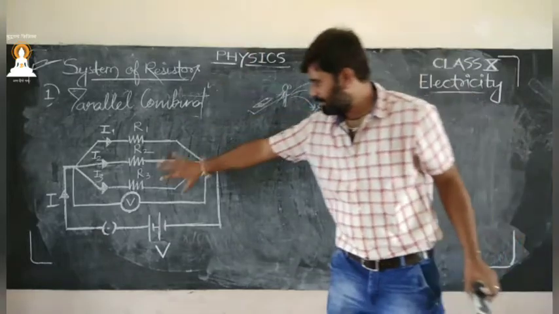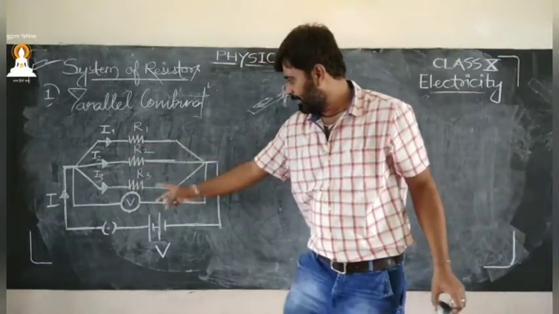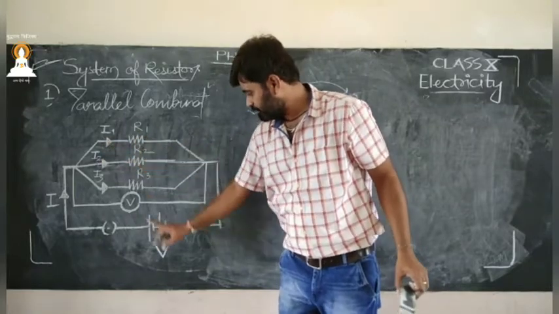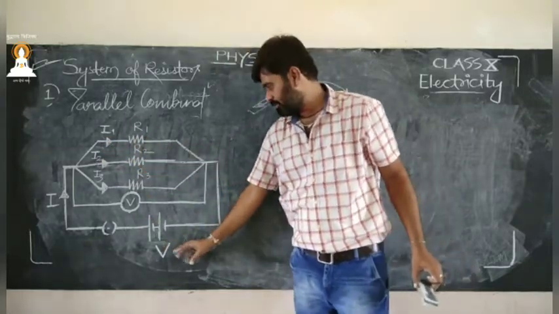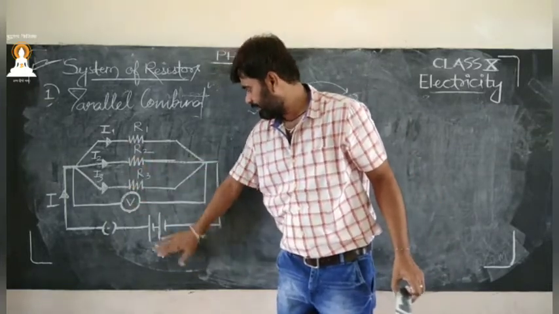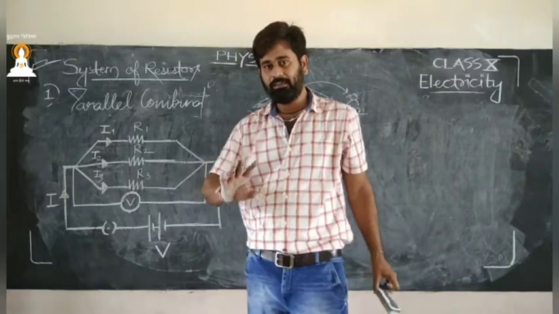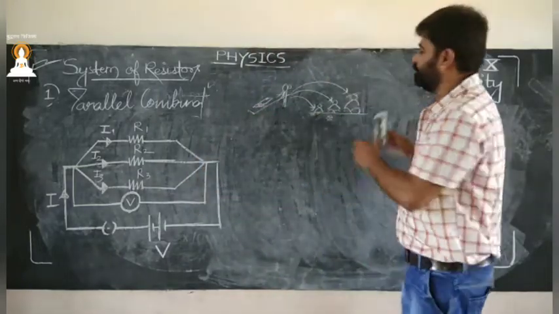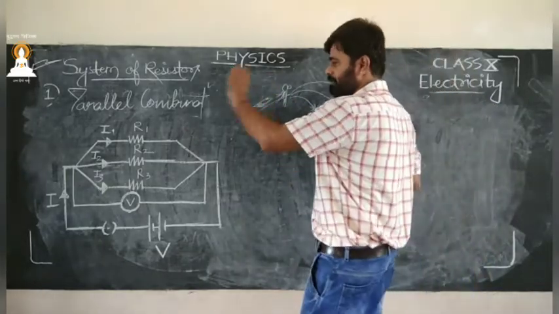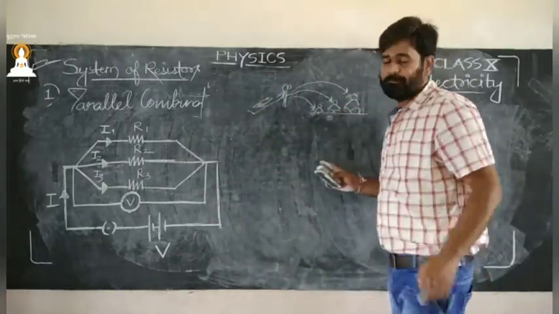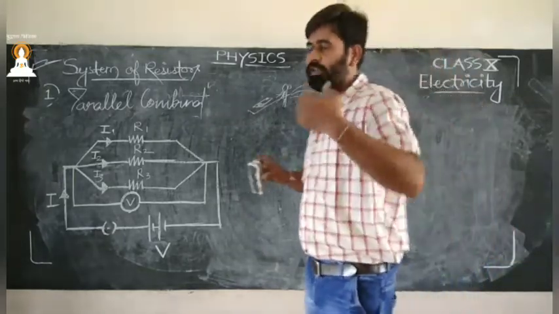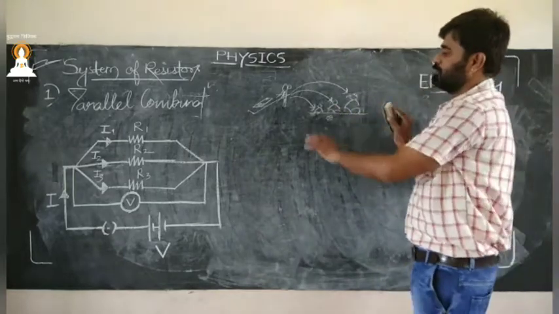Yes or no? Similarly, this is R1, R2 and R3. These all 3 are connected in parallel, means in a direct connection with this voltage. This will take care of all these in an equal way. But in series, the first one gets it, then the second one, and at last if any chapati is remaining, then only the last one will have something. But in parallel, all will have an equal amount. You may consume according to your capacity. So this is the best, very simple way to explain this.